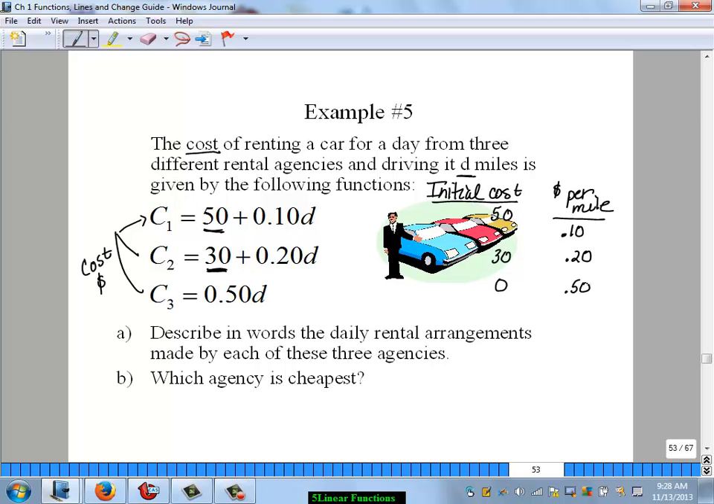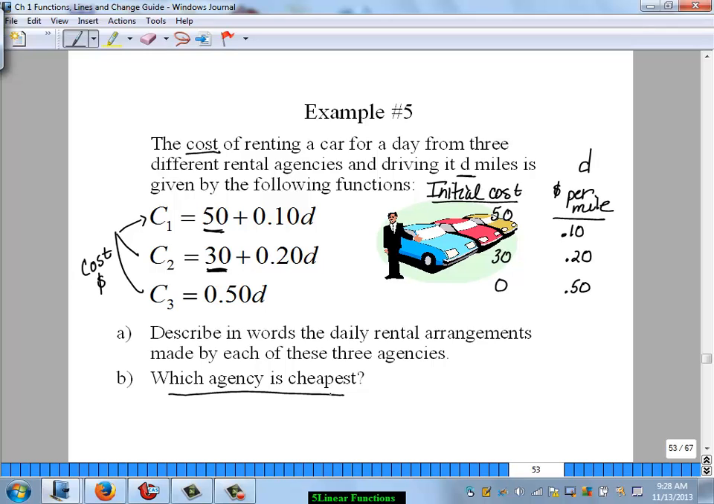So we've just gone through these 3 rental agencies. You have to realize which agency is the cheapest, because it all depends on how many miles you're going to drive. This one costs the most up front, but it's cheaper per mile. This one costs less, but it's 20 cents per mile. And this one doesn't cost anything, but it charges more per mile. So this question is hard to